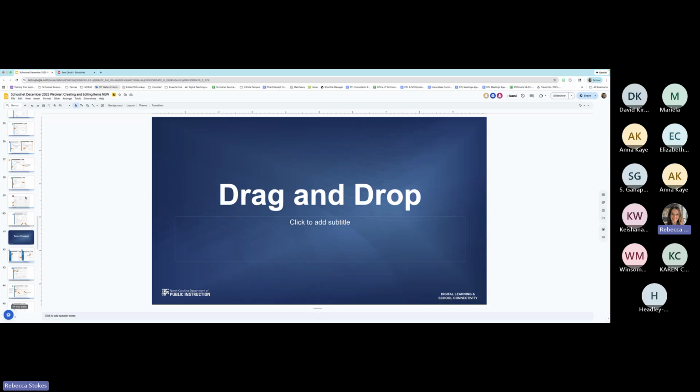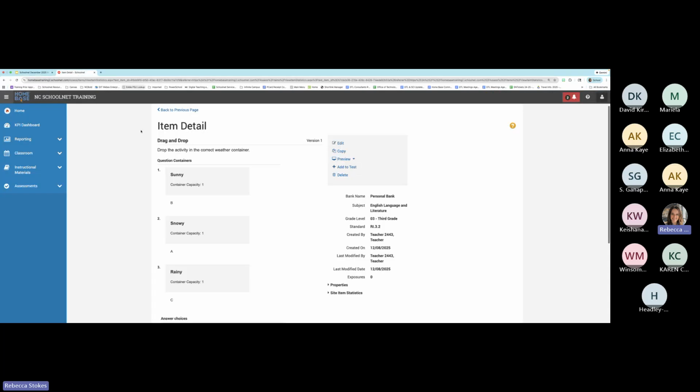Okay, so I am going to skip gap match. And if I have time, I will come back to that and go straight to the task and cluster item. And I can include a gap match item in that one. So it'll kind of cover both. But I want to make sure that I give myself a good 15 minutes for converting. So I am going to go to